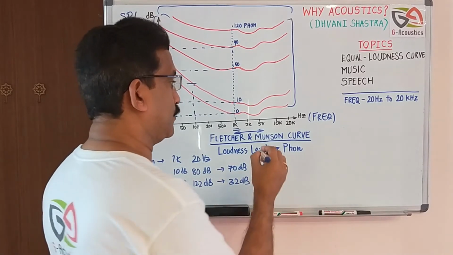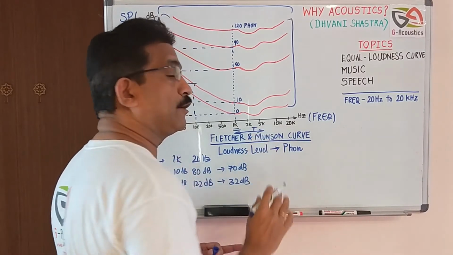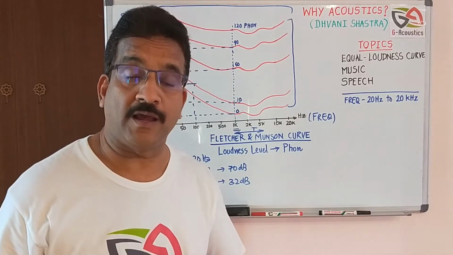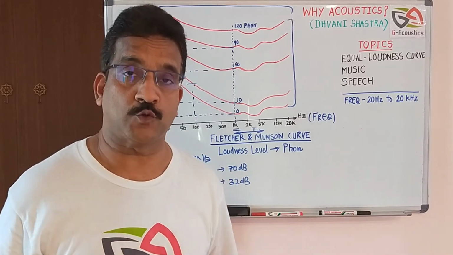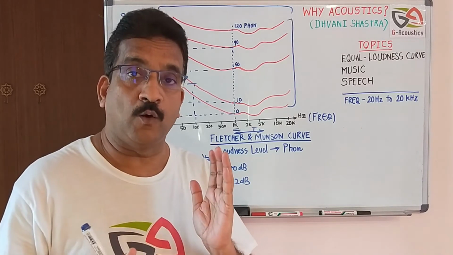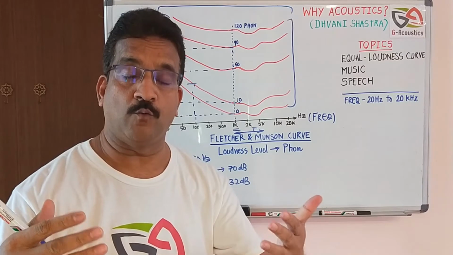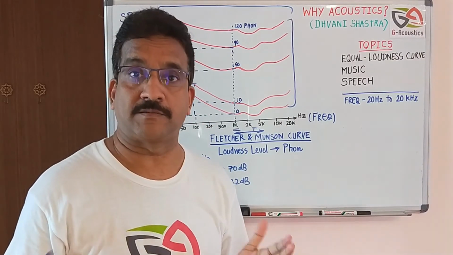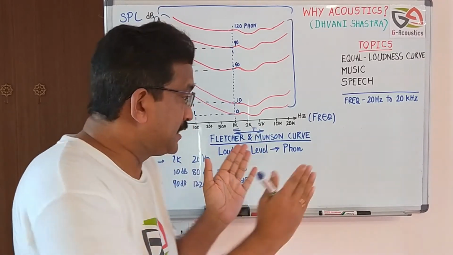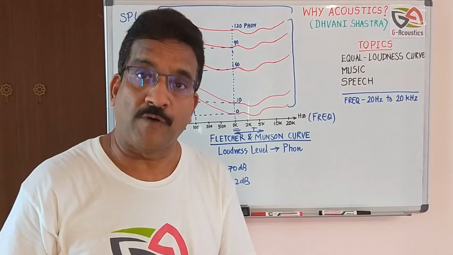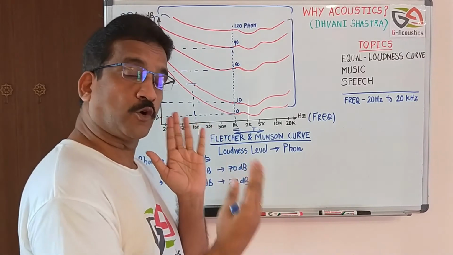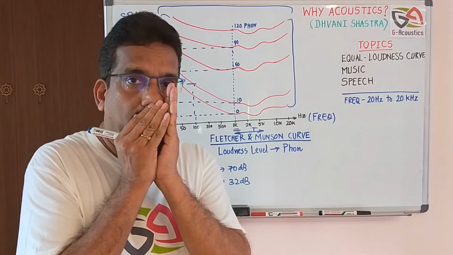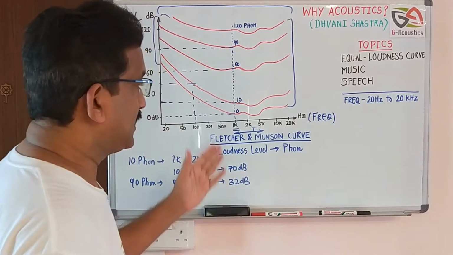So for telephony, 1 kilohertz to 5 kilohertz is the frequency with which it was operating. That's why earlier, with most telephones, when you said hello, it wouldn't sound like a real hello when somebody says it in front of you. It would be like hello, hello, hello, something like this, because its bandwidth is limited to 1 to 5 kilohertz. If somebody has a good bass voice, talking over the phone, it's not going to be like this. It will be like hello, how are you? Something like this.